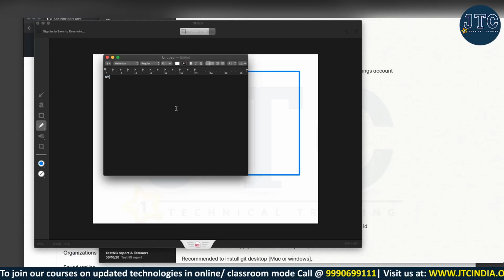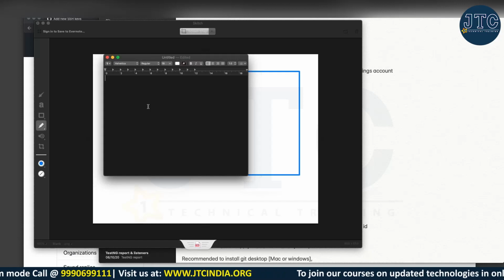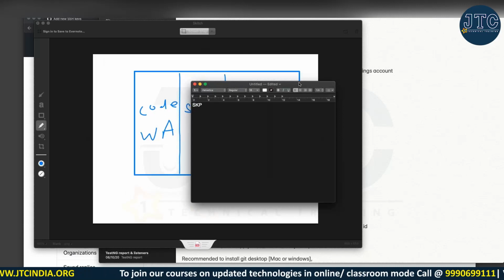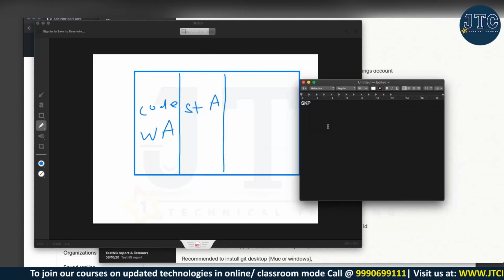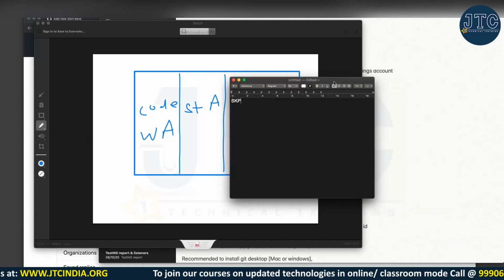I'm just writing something here, don't worry about the font size. Consider this is my Java code. Now I want to push this to the Git repository, meaning to the central repository. This is my working directory where I'm writing this code.